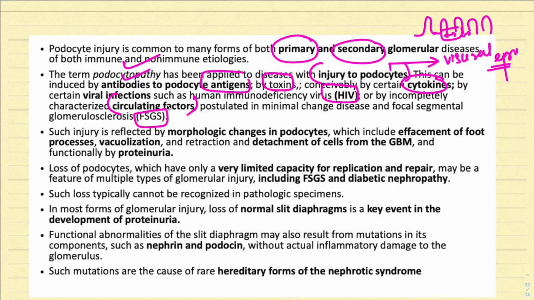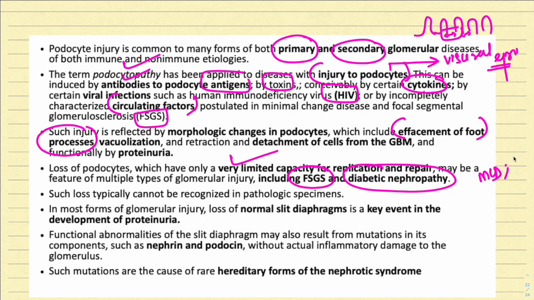Now very important, whenever there is an injury to the podocyte, the major thing includes the flattening or effacement of the foot process. This is the major abnormality involving the visceral epithelium or the podocyte. Very important term. Now loss of podocytes, which have a very limited capacity for replication and repair, may be a feature of multiple injuries, especially in case of FSGS, diabetic nephropathy,